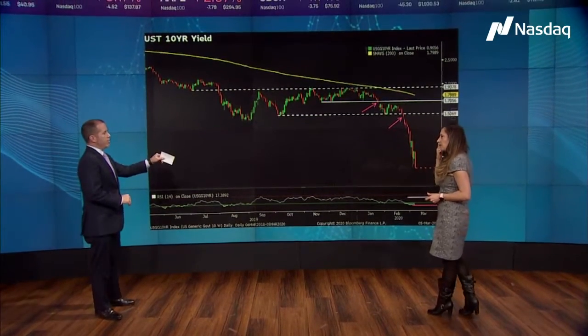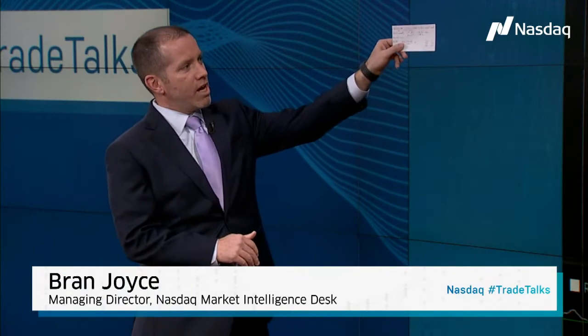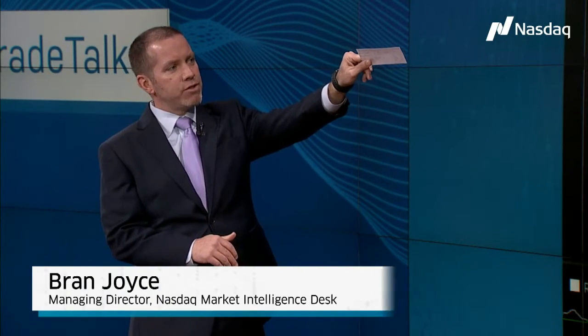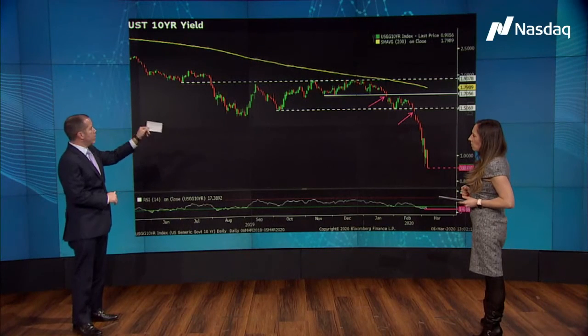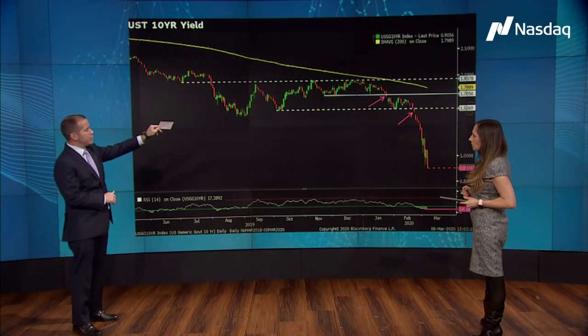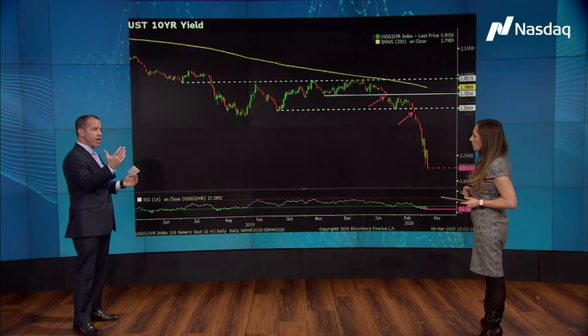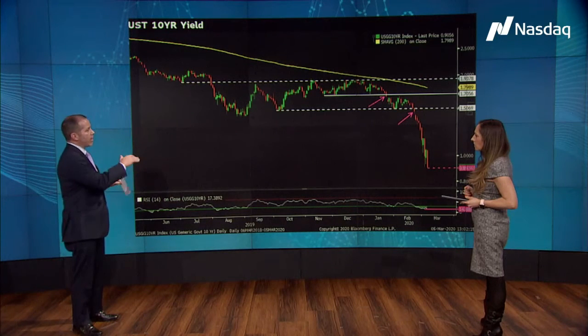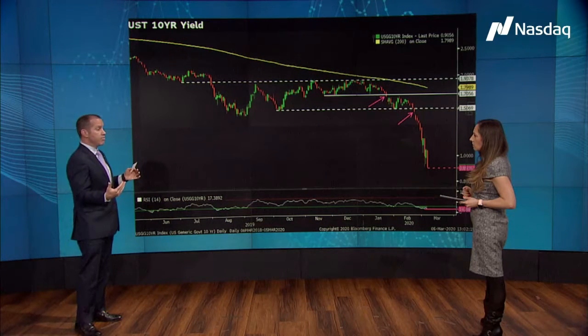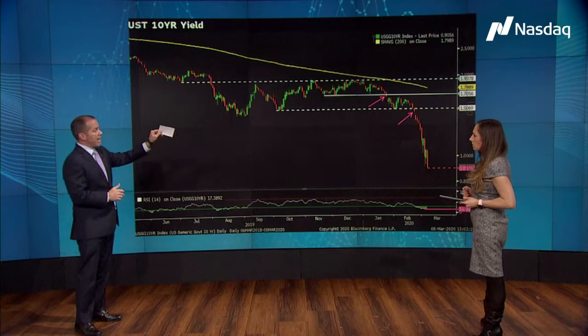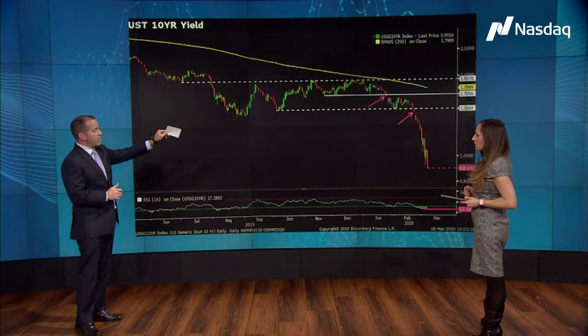Yeah, the move lower has really just been nasty, I think is the best way to describe it. We had some consolidation along that 195 to 2% range, largely for a large part of the fourth quarter. It was previously support, then acted as resistance. I was expecting an upside breakout through that level. It didn't play out that way. And what really led me to believe that I was wrong and that the move next was lower was in late January when we had that break below that 170.